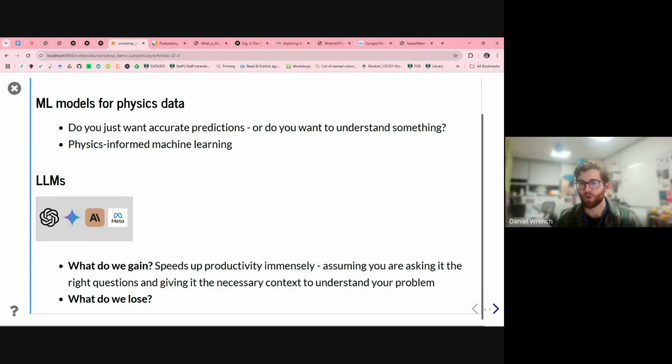But also, what do you lose? You lose a deep understanding of the code or the problem. So, choose wisely on what problems it's fine if you use it for, and what problems where you actually do need to do the work yourself to understand it. So yeah, there's some bonus thoughts separate from time series.